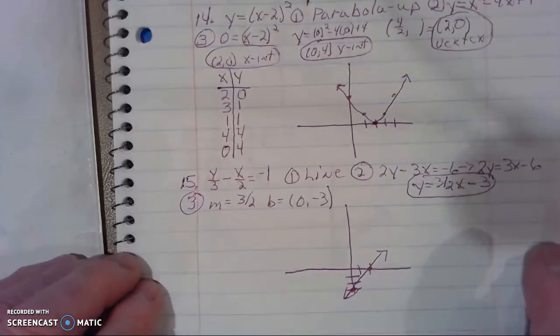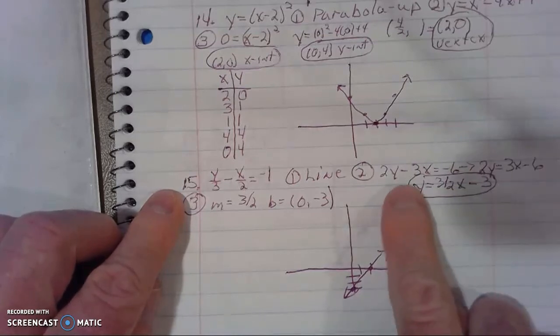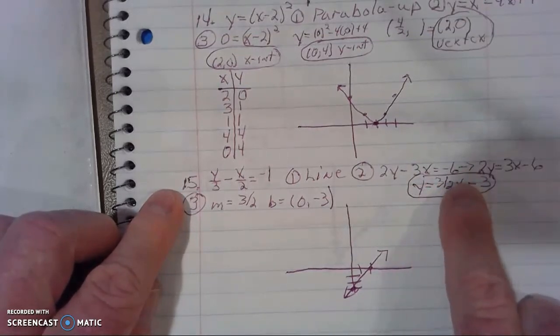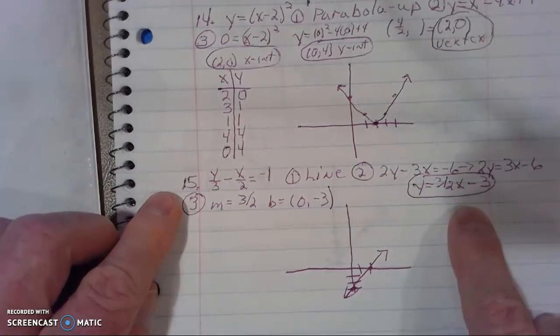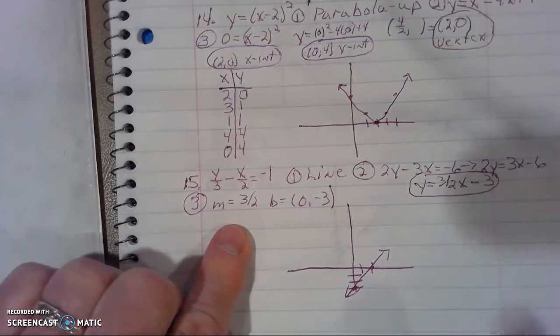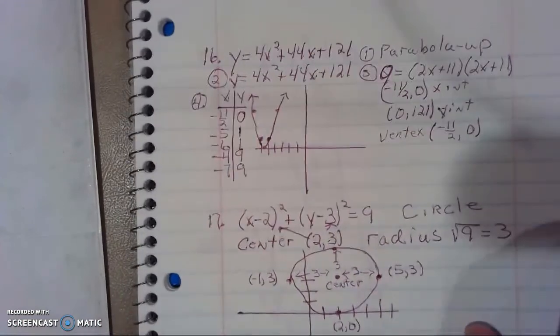15, okay, is a line, but I multiplied by 6 first. Got 2y minus 3x equals negative 6. Then get the y by itself. Took a couple steps. My slope is 3/2. My y-intercept, 0, negative 3. The remaining problems I will put on another